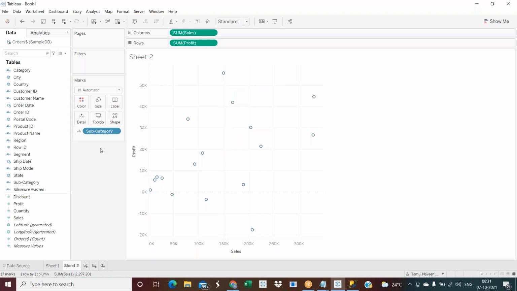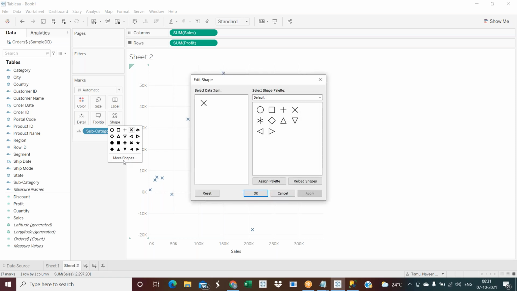One more option we can see is Shapes. Just click on Shapes. You can change the shapes as well, however you want to show them. This is a visualization tool, so it should be very interesting to learn. Just practice sometimes, then you will understand what all these things are. If you do not practice, we cannot understand anything. Whatever shape you want, you can apply and use it.